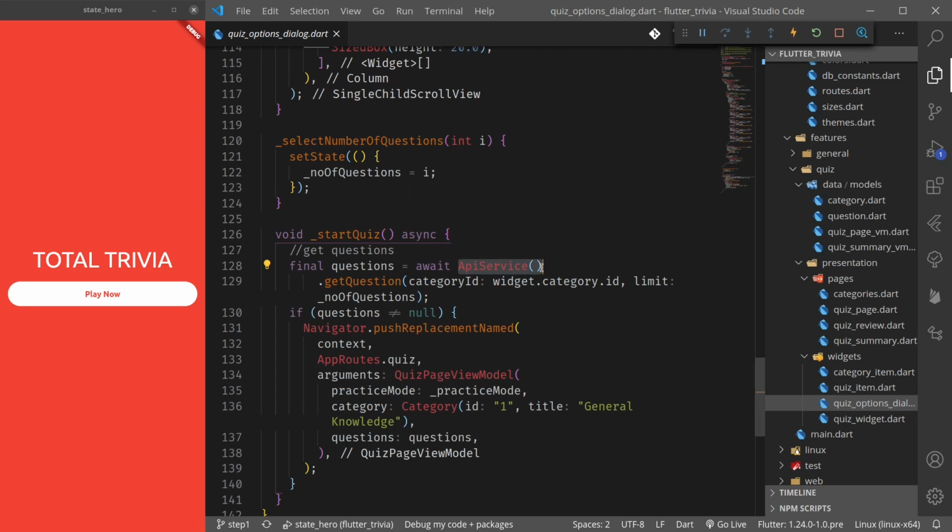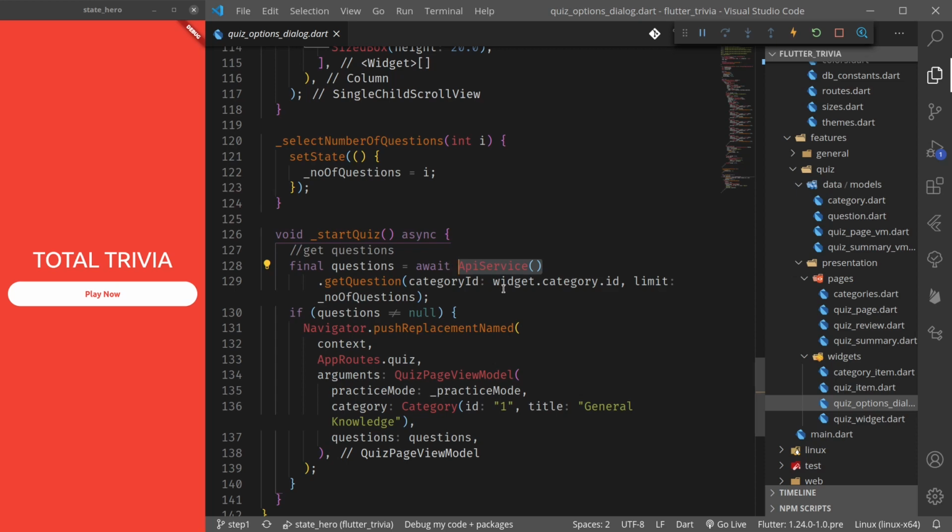We could, however, simply create a singleton pattern for this API service. If you do not know what singleton is, please check out my tutorial on singleton with Dart. So we could create a singleton. However, if we use a state management solution like Riverpod or even Get It, they give us options to share static or single values that we can use to share the single instance of these kinds of services across our